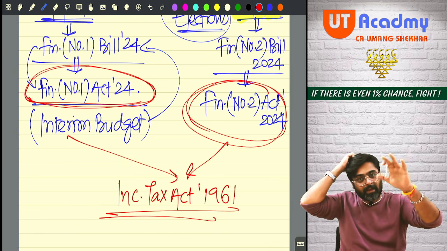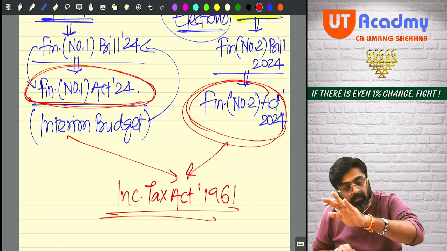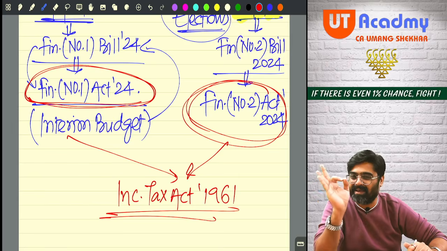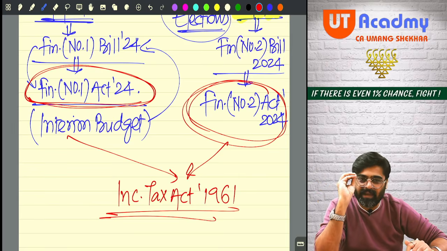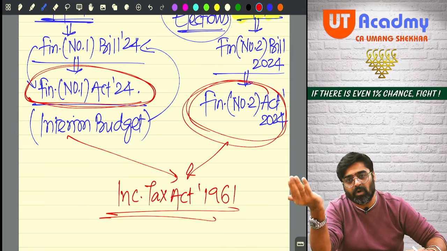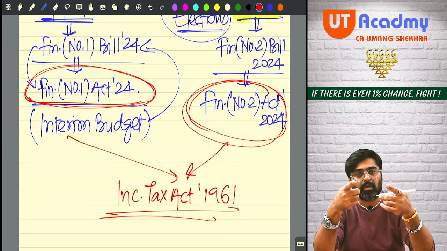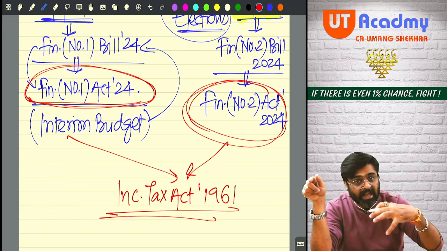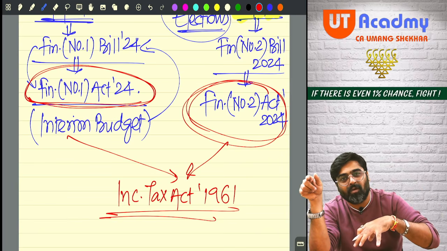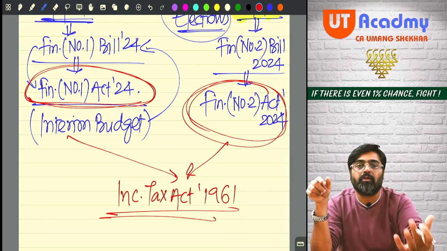Getting my point? So in your examination also, we are going to get these amendments. You are going to be asked the question based on this law itself. Don't worry about it. And whatever amendments are there, we are going to cover each and every amendment in the class itself while we study. What was the old part? I will tell you that also. And what is the new amended part? That I will also tell you. What you are supposed to remember? Old or new one? New one. And as per the new provision, as per the amended provision, what will be the solution? What is the concept, and what this concept is there in the question, then how the question will be solved.